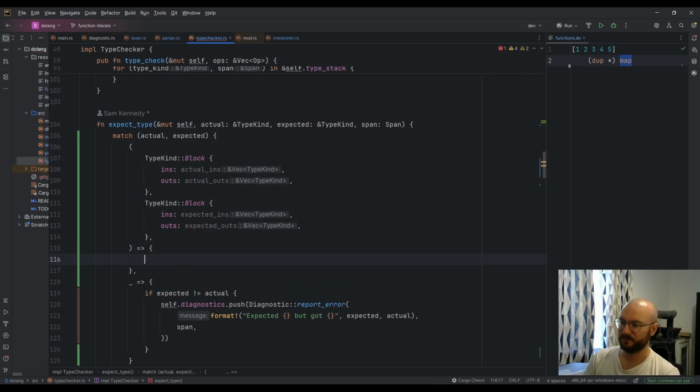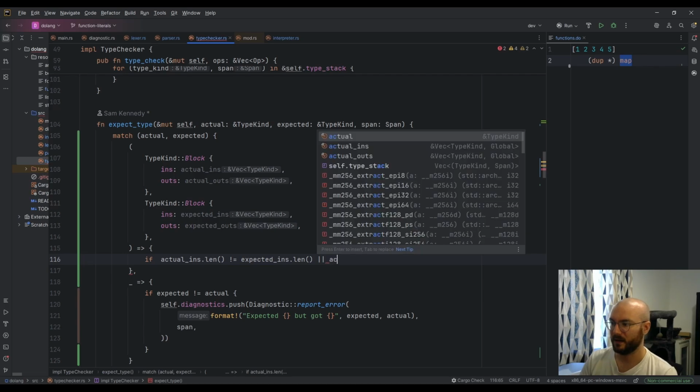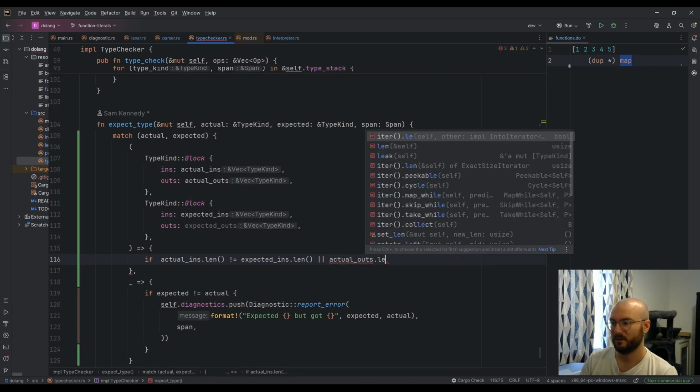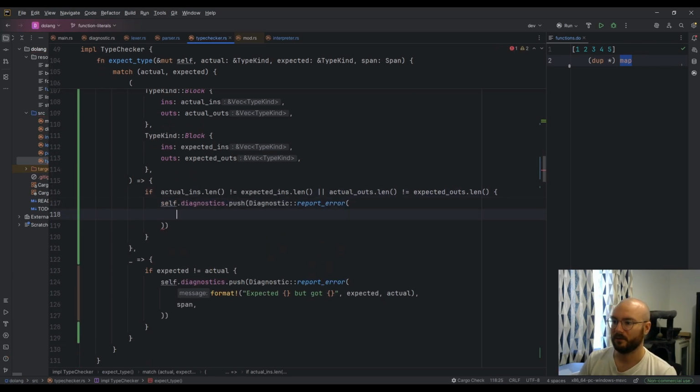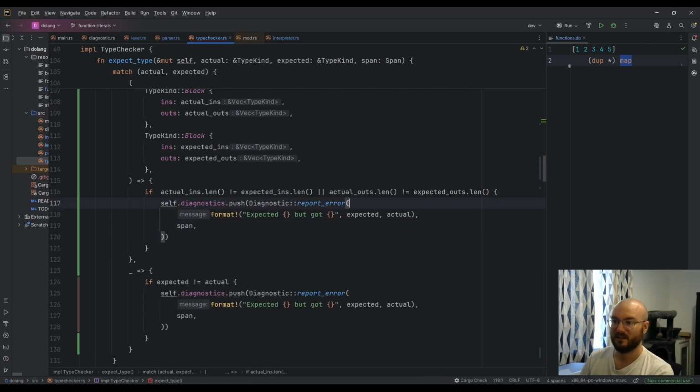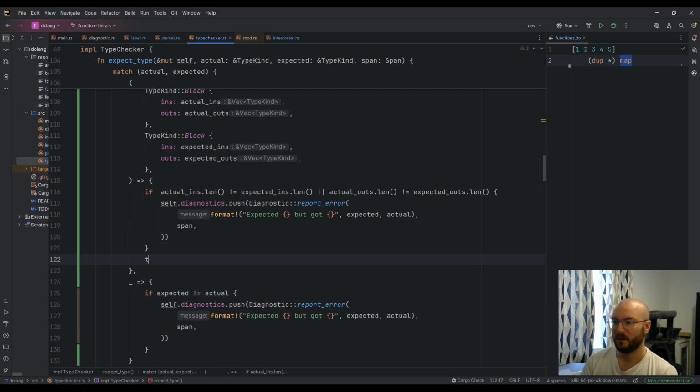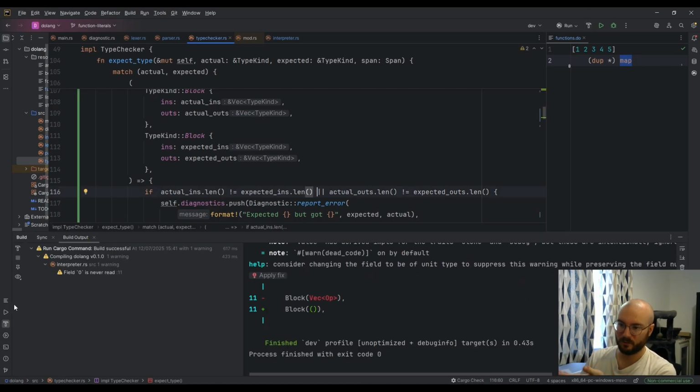So we need to, first of all, if actual ins len equals expected len doesn't, or come on Copilot, you got this, actual outs, okay, I'll do it myself, lens, there we go, actual outputs lens, yeah, we report an error which is basically the same as this, yeah, otherwise we to do it. So this should to do because it,